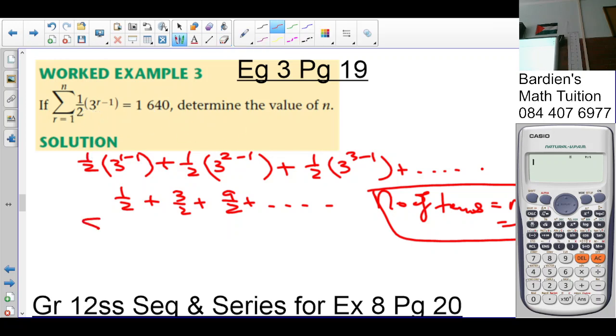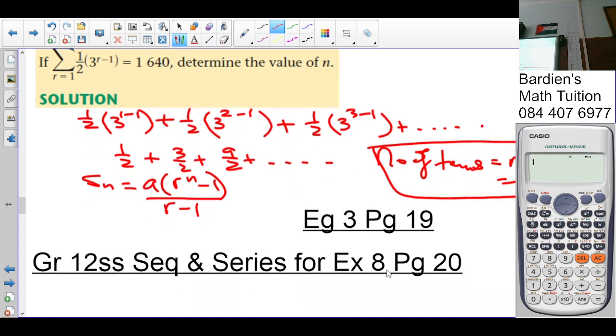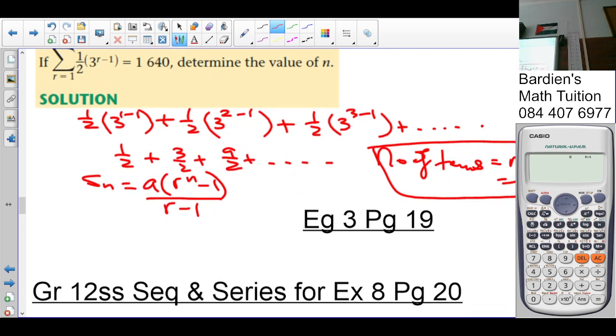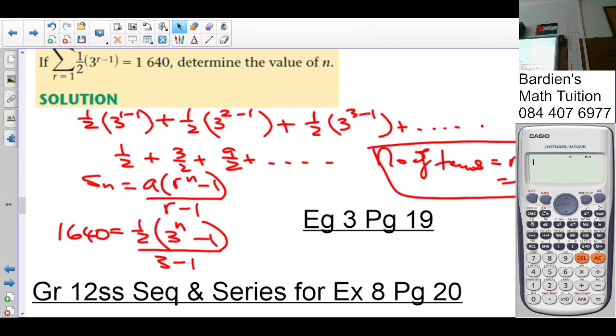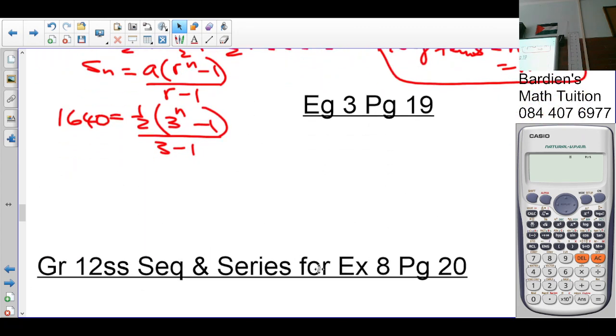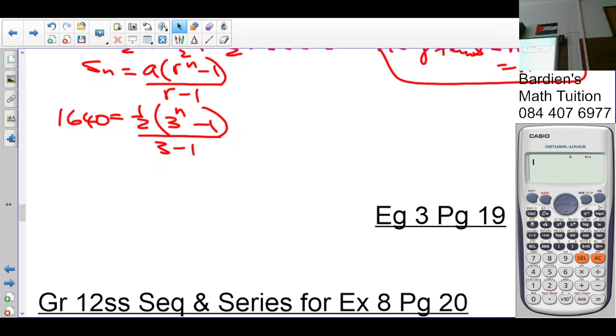So is it AP or GP? GP. So it's a times r to the n minus 1 over r minus 1. So what is Sn equal to? 1640 is equal to a, which is 1 over 2, r is 3, n is unknown, minus 1 over 3 minus 1. Not so? Right. Now what? So we have